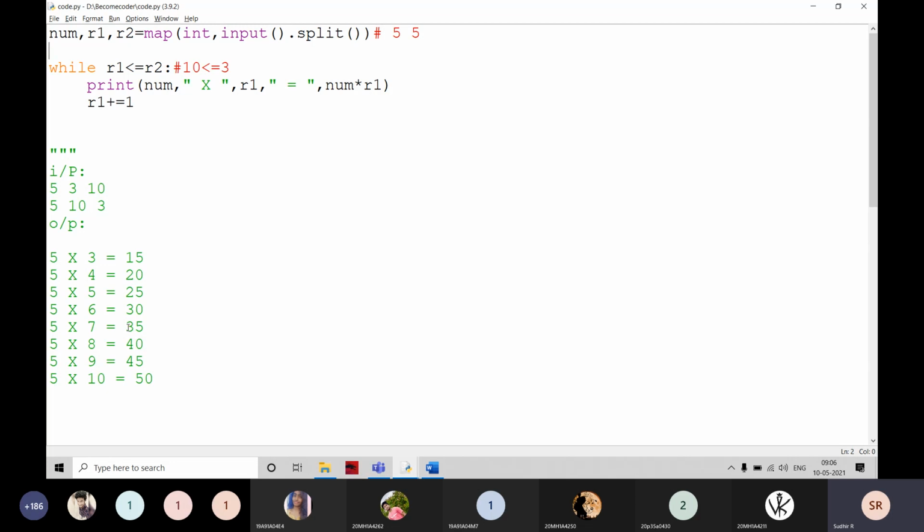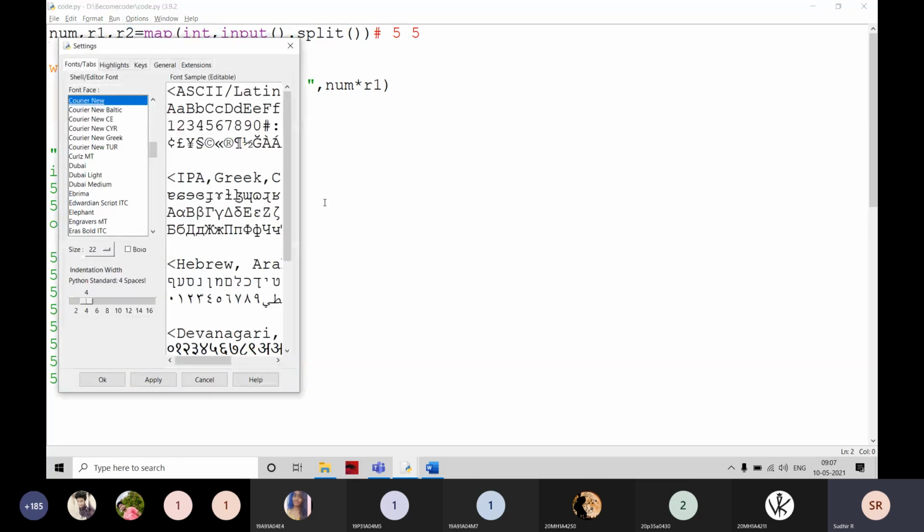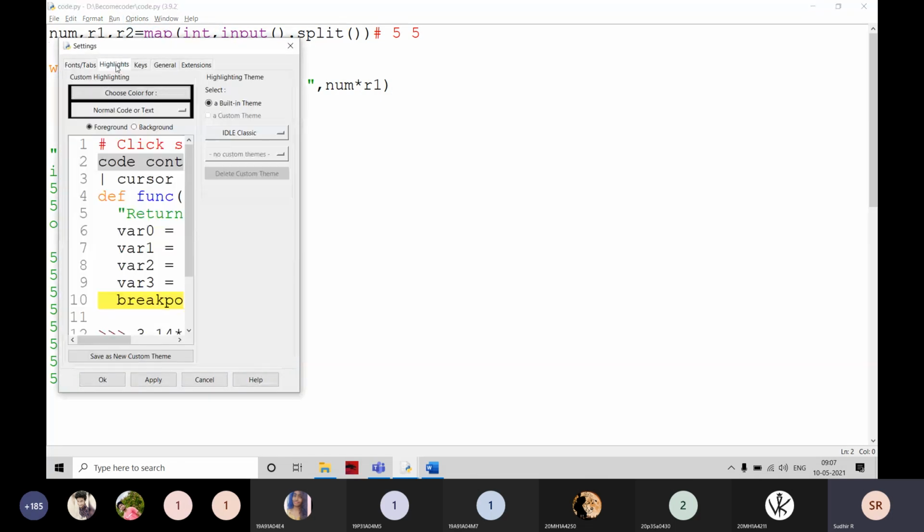Now go to the settings and decrease the tab size. If the tab size is something like 4 or 8, that's why it is taking like this. Set the tab size equal to 1. Okay, can I find settings, sir? You can find it here, I think, configure. Where is it?